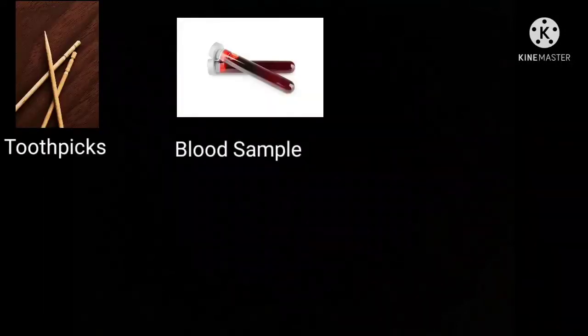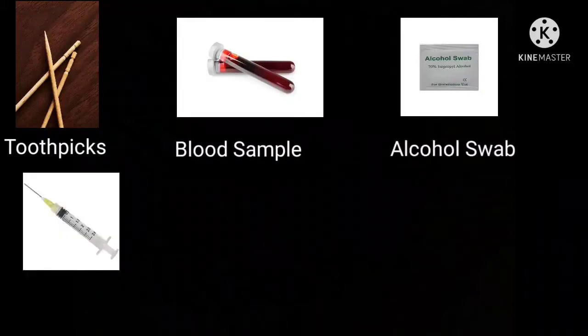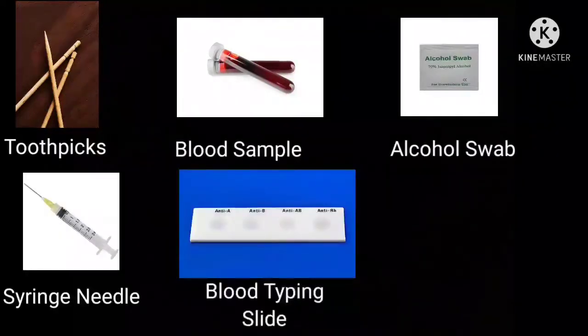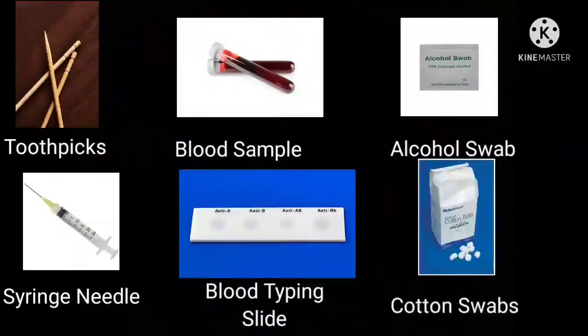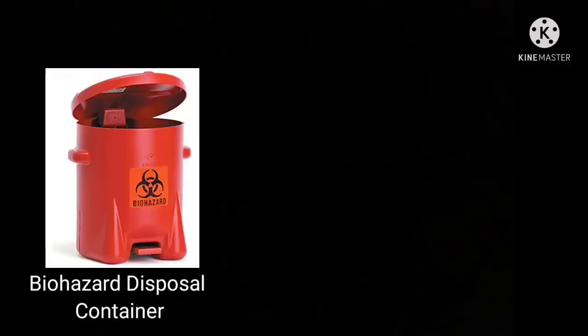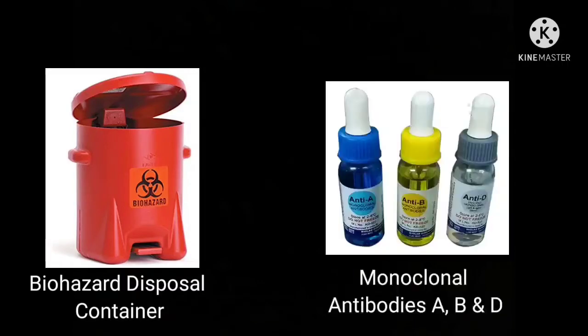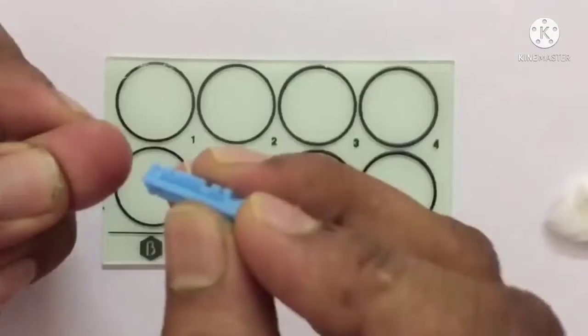Materials required: toothpicks, blood sample, alcohol swabs, syringe needle, clean blood typing slide, sterile cotton balls, biohazard disposal container, and monoclonal antibodies anti-A, B, and D. Procedure: